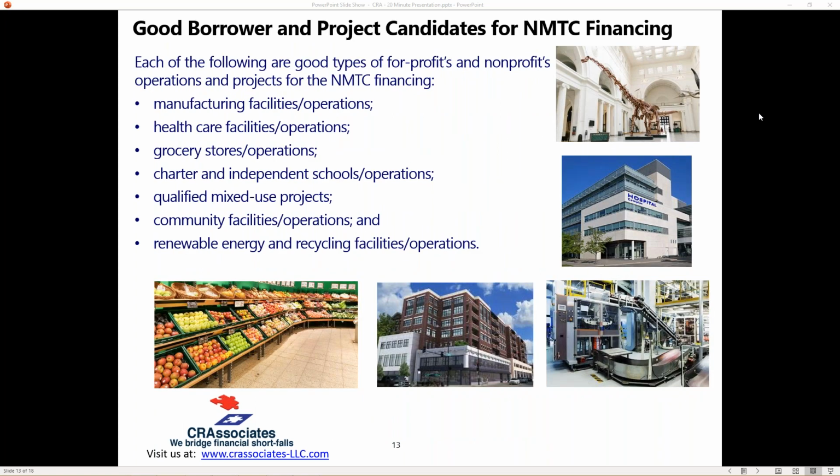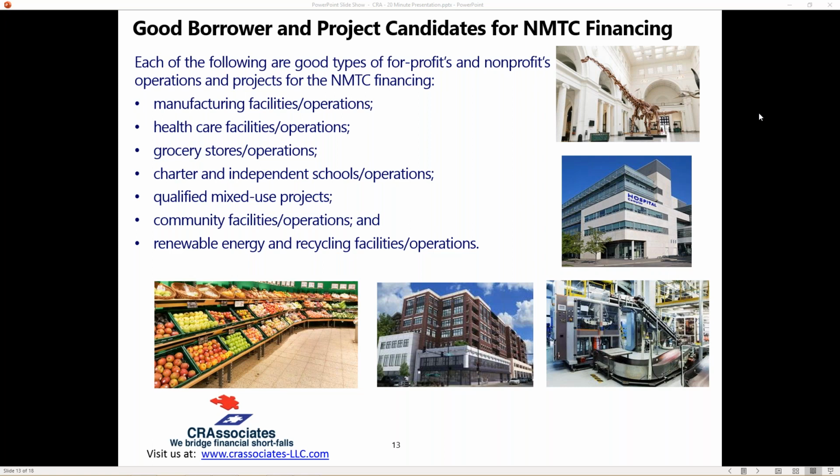Each of the following are good types of borrowers and projects for new market tax credit financing because they provide substantial community and economic impacts. These include those involving manufacturing because they involve jobs, training, and living wages; healthcare because it provides critical health, urgent care, and other services, especially if located in a medically underserved area; grocery because it provides critical consumer goods, including healthy foods, especially if it is located in a food desert;